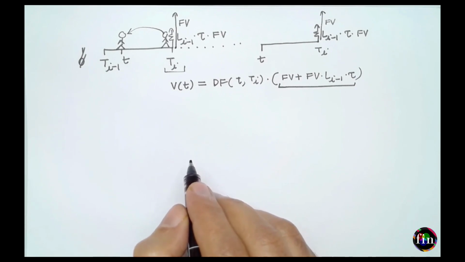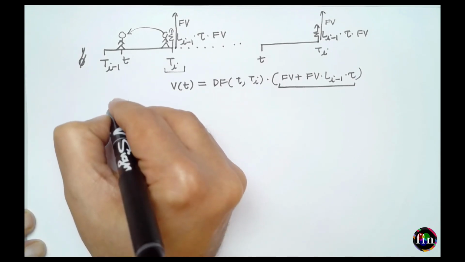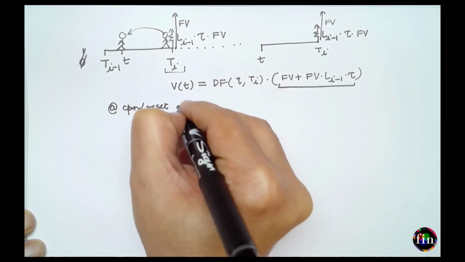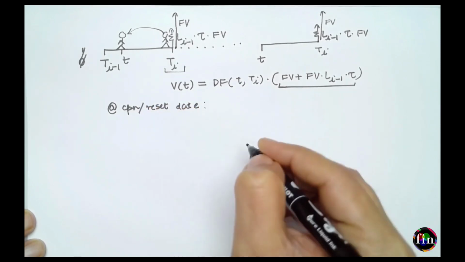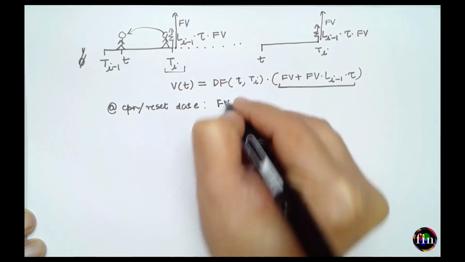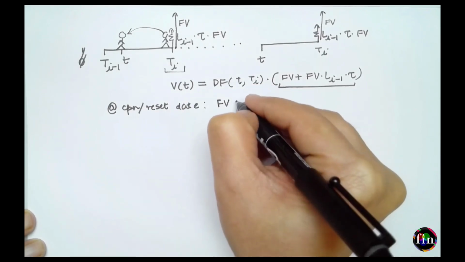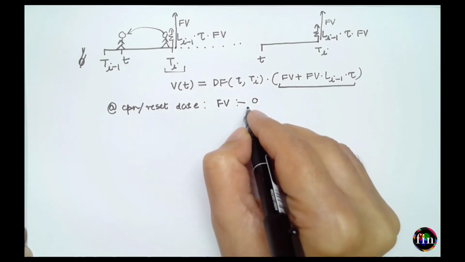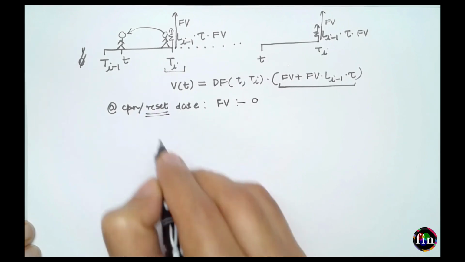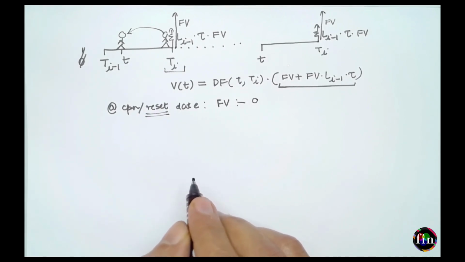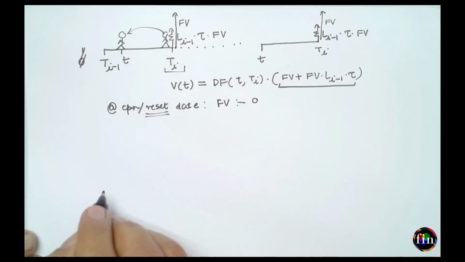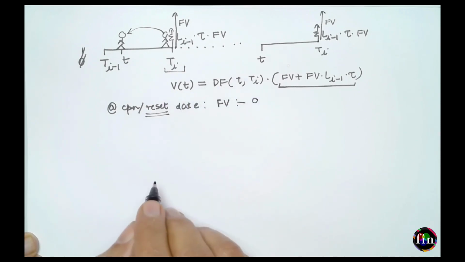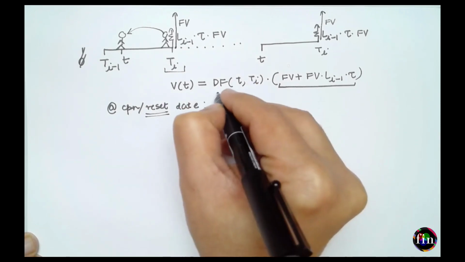A quick note about the duration of this bond. The duration, therefore, at any coupon date or any reset date, when the value of this bond ex-coupon I know is equal to FV, then at this point in time you would say the duration of this bond becomes equal to 0. Okay, and I'm assuming this is a point in time when the reset has not really happened. It's a point in time when I have just arrived at that date. Okay, as soon as you were to do the reset, that means I were to set the LIBOR that will determine my next coupon, I know that the value of the bond becomes this.